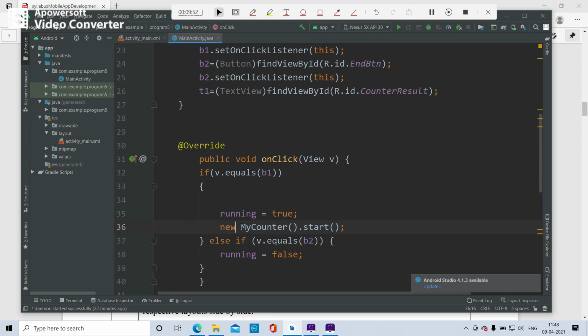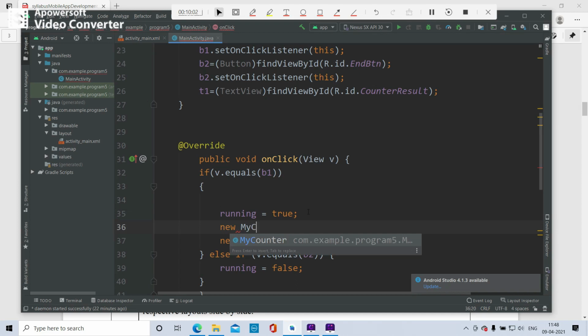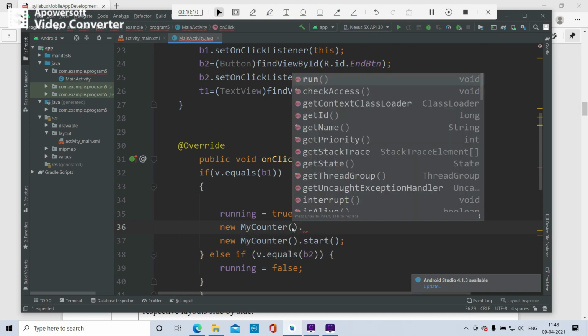MyCounter is a built-in method. If you type new, then MyCounter automatically appears, and then with dot you can start the counter or stop the counter.